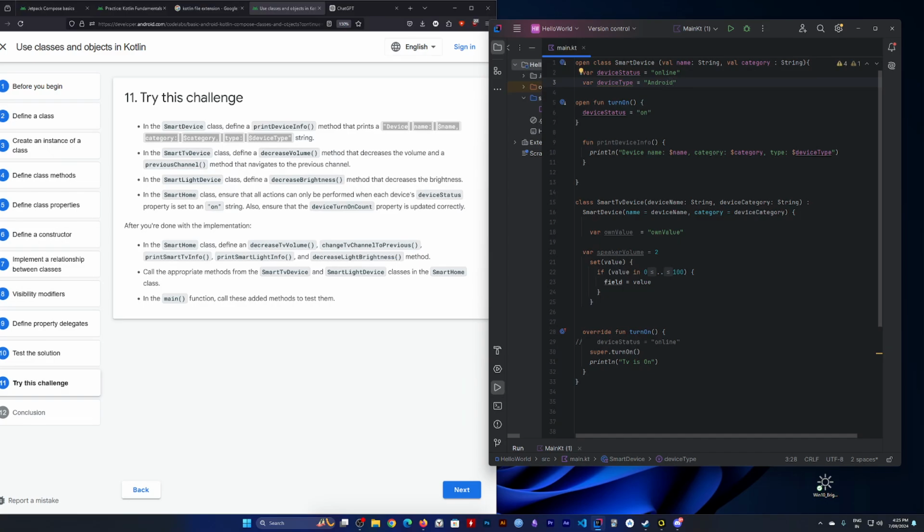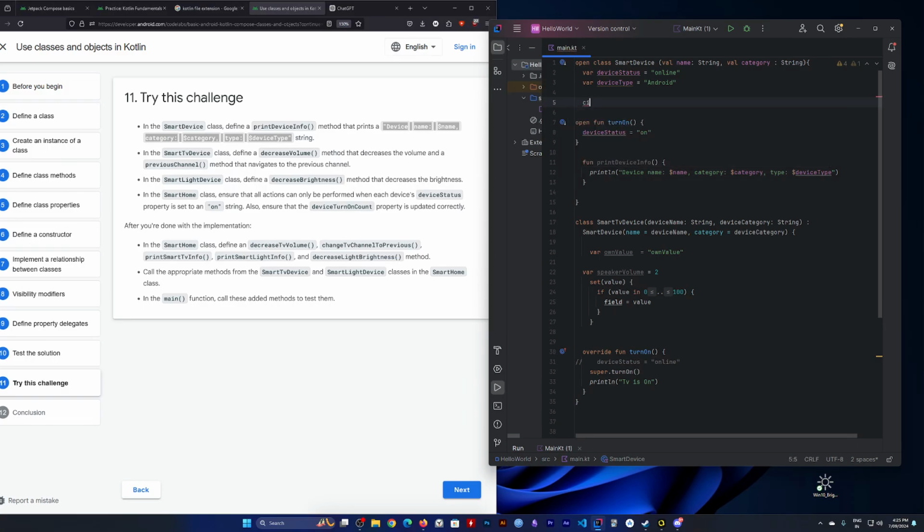We could use it like this, or we could use the secondary constructor, where we use the constructor, and then we get all the thing, like copy, we use all this, and then